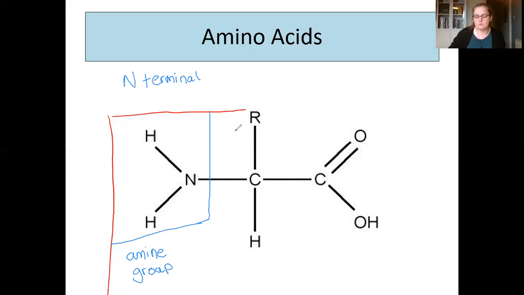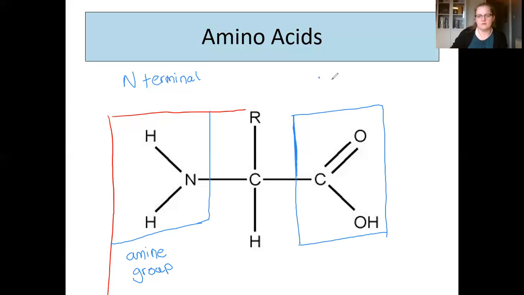And then we have an acid on the side. And so we have a carboxyl group, a carboxylic acid. So this is our carboxyl group here. And this is what we call our C terminal. C, because it's our carboxyl group. So we have our carboxyl group at our C terminal, we have our amine group at our N terminal, and